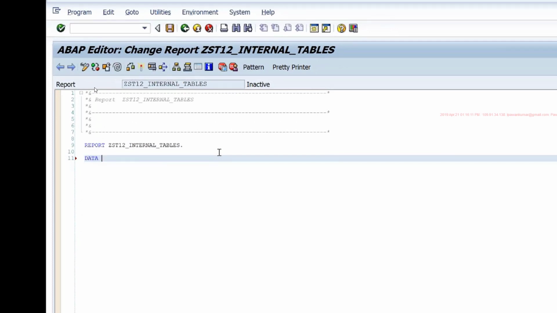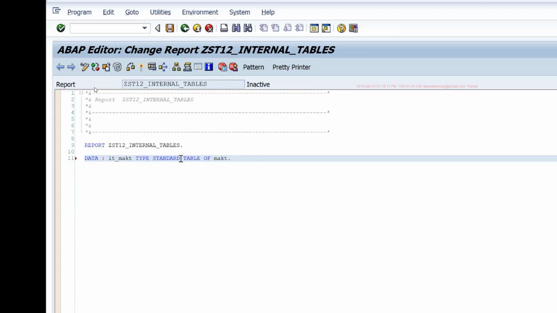If I want to define an internal table, I use the keyword data, and I'll follow the naming convention IT underscore. Let's say IT_MAKT. If I say type table of MAKT, then this defines a standard table. So either I can say type table of, or I can also say type standard table of. Either way, it defines the standard table.